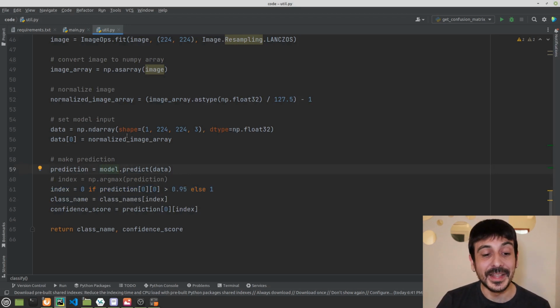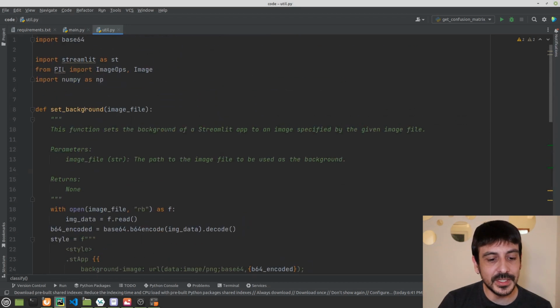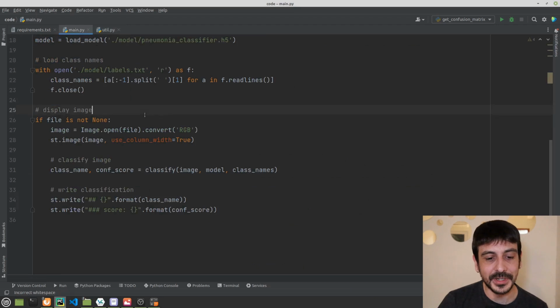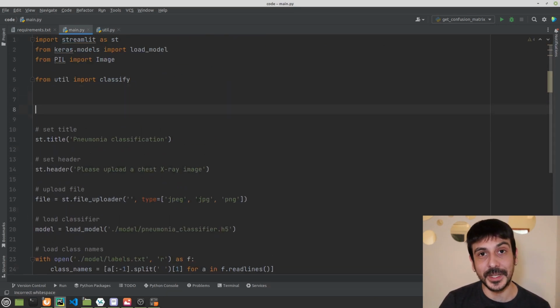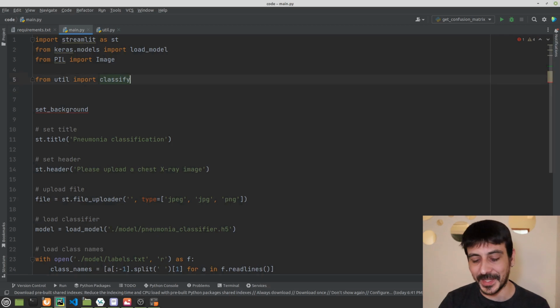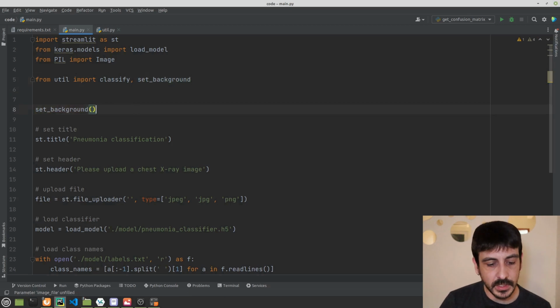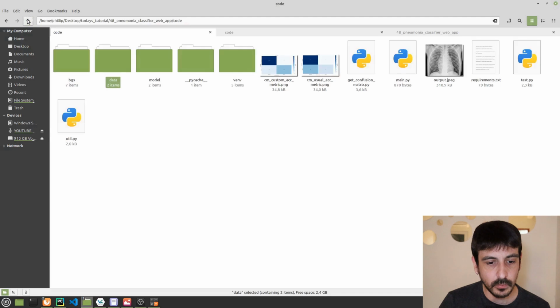So the only thing we need to do now, before I forget, is to change the background, right? We are going to change the background for something a little nicer, something prettier. And let's do it before I forget, because this is such a meaningless detail that I almost forgot. So let's just import set background, and now let me show you the images I have on my local computer, which we are going to use in order to change this background.